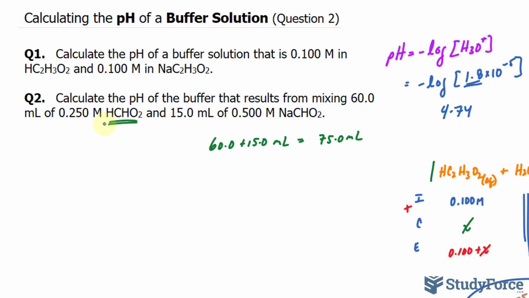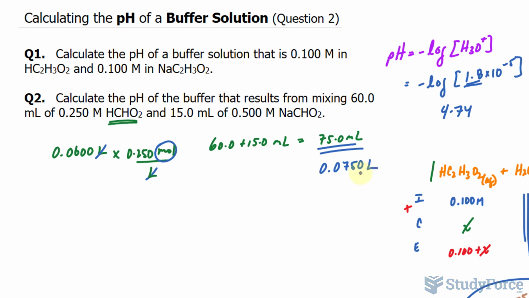First, I will reduce it down to how many moles it is originally, and I can do that by converting 60.0 milliliters into liters. 60.0 milliliters into liters is 0.0600. I'll multiply this to the concentration, molars. Remember, molars is moles per liter. So multiply to 0.250 moles per liter, and now I have how many moles. Once you have the amount of moles, you can then divide it by the total volume, which in our case, in liters, is